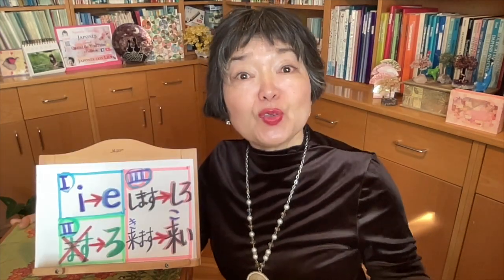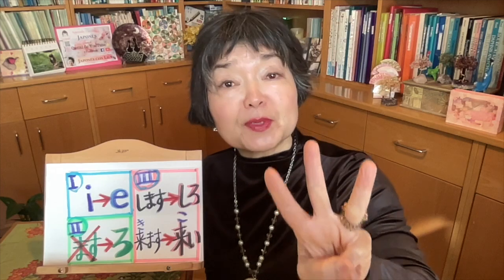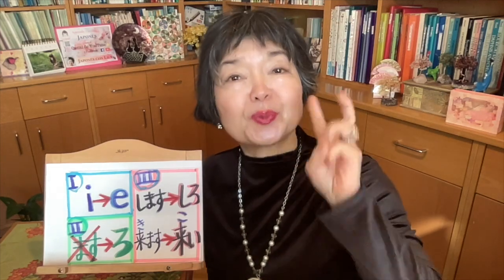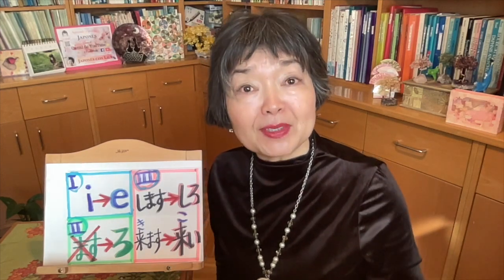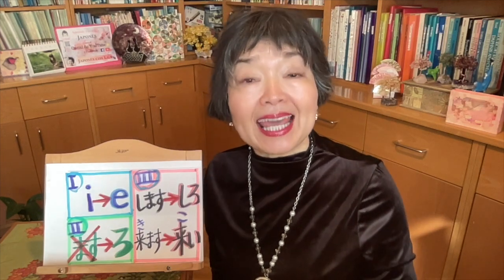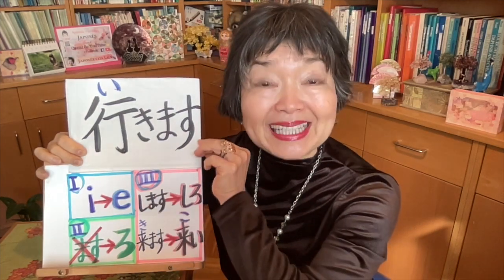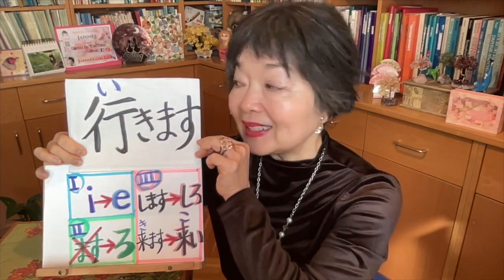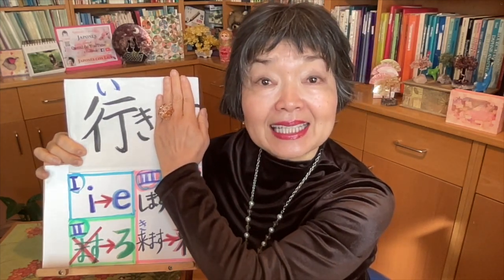Now let's see how to form imperative form in Japanese 命令形. I think you already know we've got 3 groups of Japanese verbs, group 1, group 2, group 3. But if you're not sure about it, you can watch my grammar video number 59 and number 60 of JLPT N5. Now the first group, group 1, for example, 行きます, the verb to go. This is group 1. Without ます, then this is 行き. This is the root of the verb 行き.